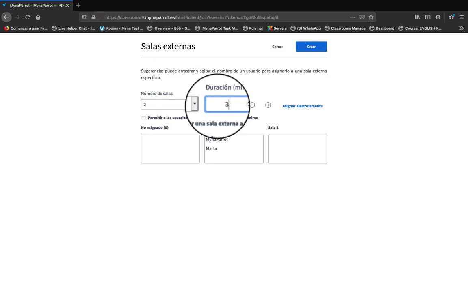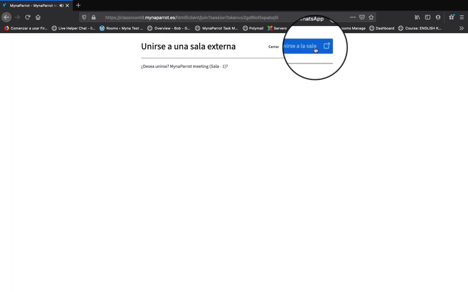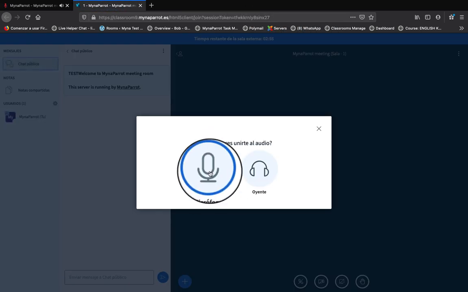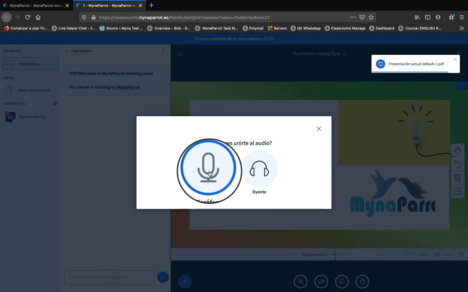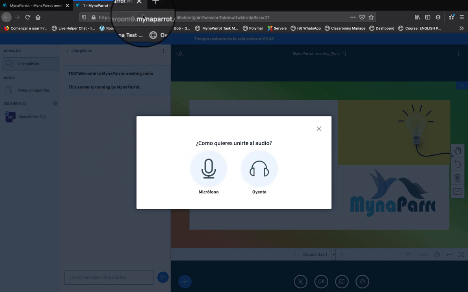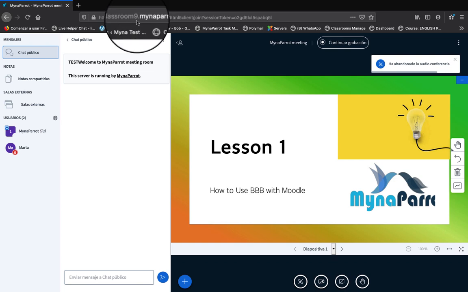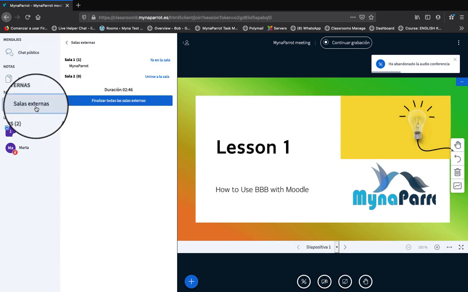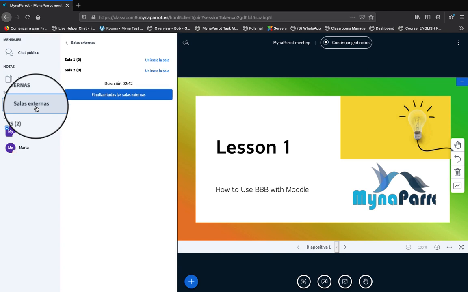You'll see the Breakout Rooms tab appear to the left, and now you can see the count of students as they go into breakout rooms. You can join the audio in the breakout room, and you can also fully join the breakout room. If you do that, it'll just give you the invitation to join, and they'll bring you into the breakout room just like the students. You can join the audio, you can see the students in the room, and when you want to quit the breakout room, close the tab. Then you come back to the main room.